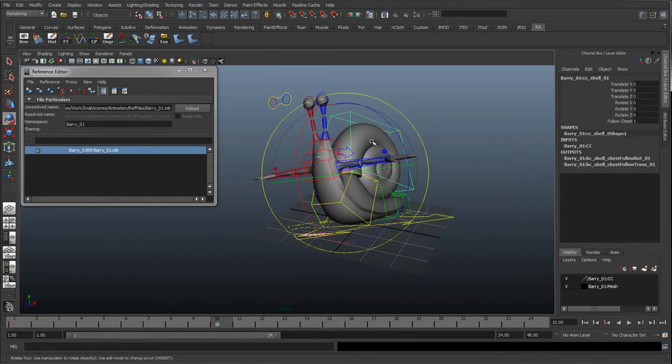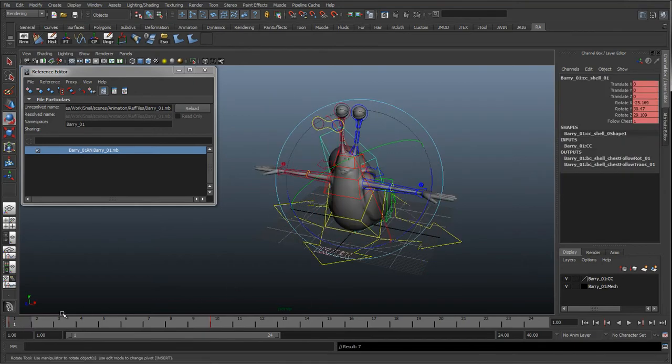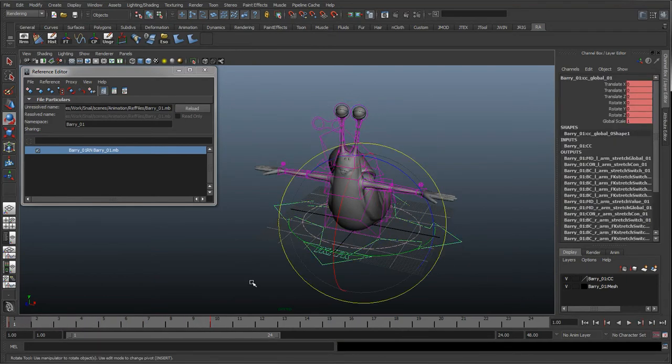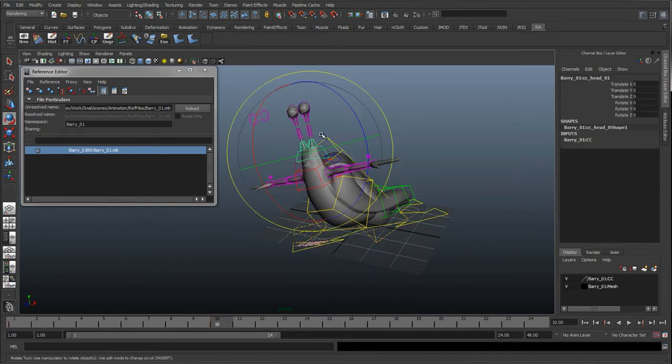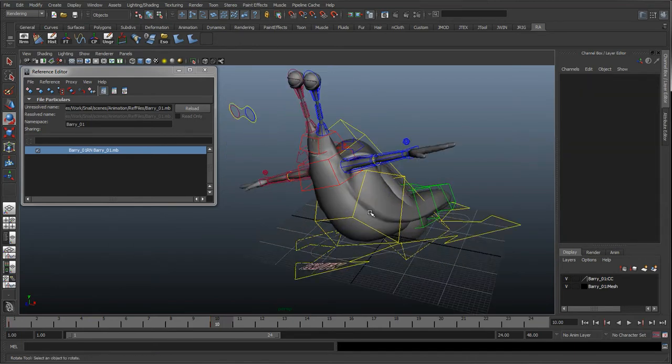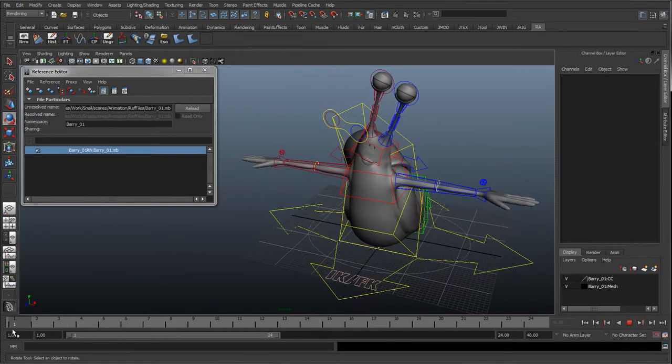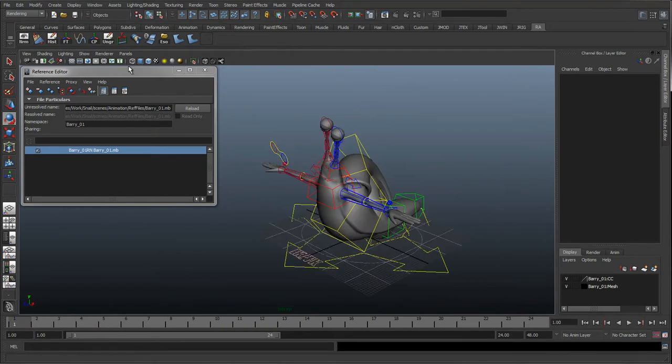Rotate this guy about. And I didn't have auto key on, so I'll just switch that back on. I'm not going to do a great job at the animation, but you can see that we've got things moving in there basically. So I'm just going to save this,